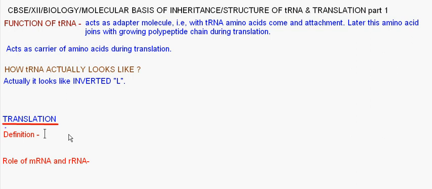Another term for translation is protein synthesis. So it is the second part in the central dogma in which a polypeptide chain is synthesized